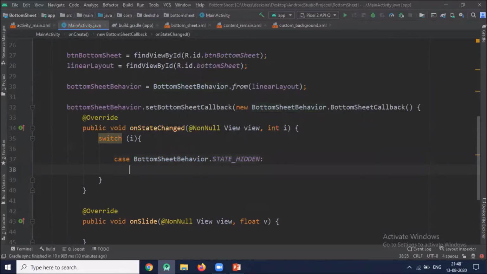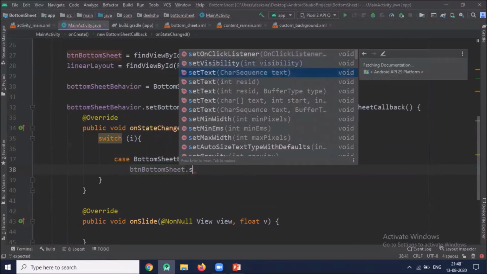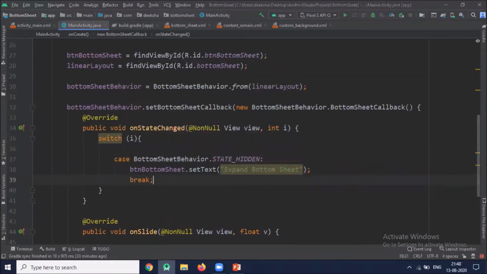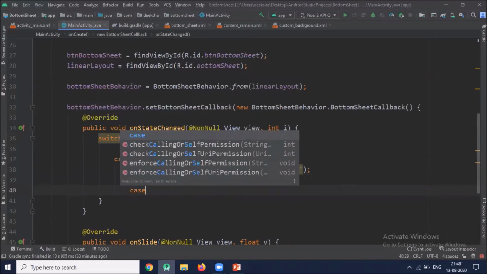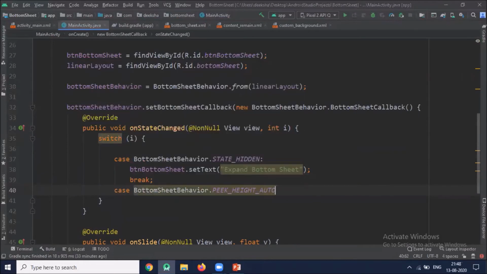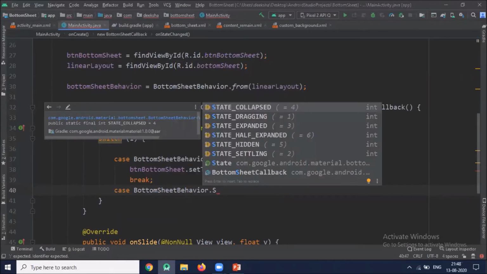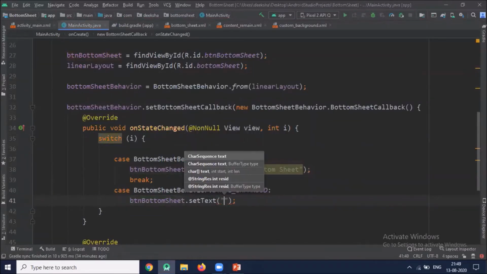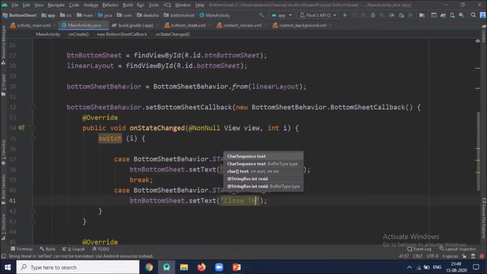So here we pass i. So when our state is hidden, we change the text of our button. We change the text, close the bottom sheet.